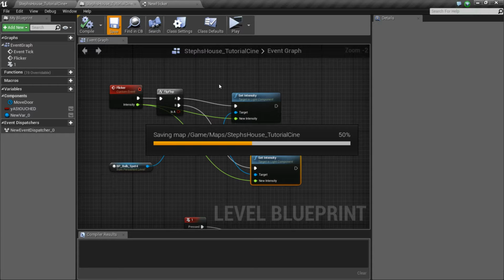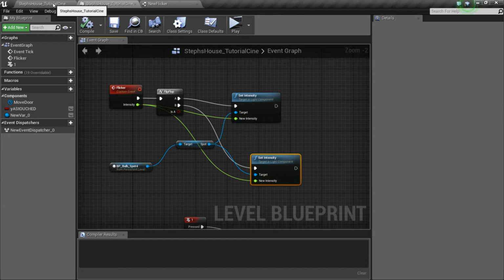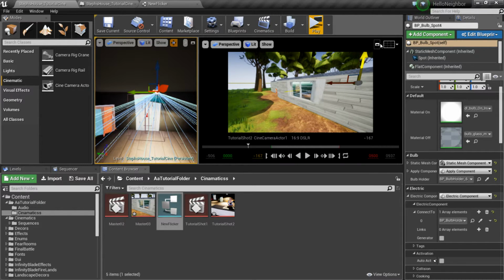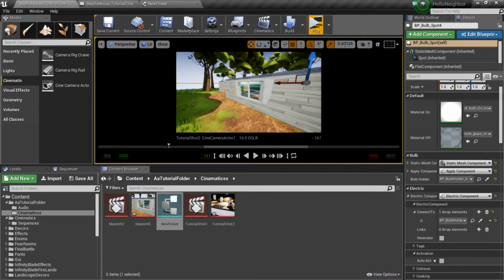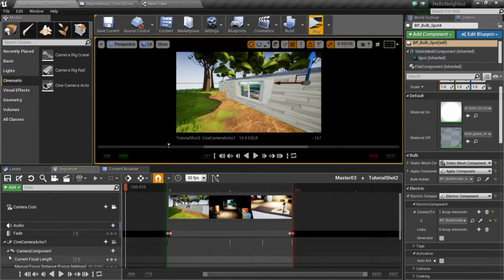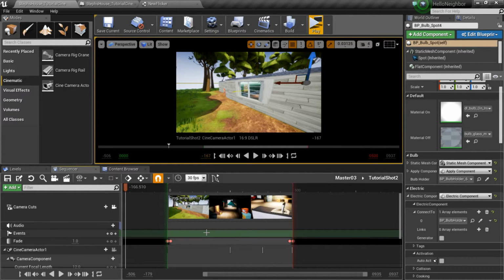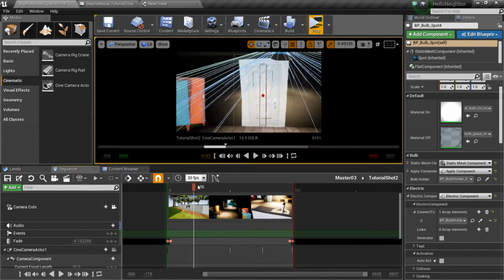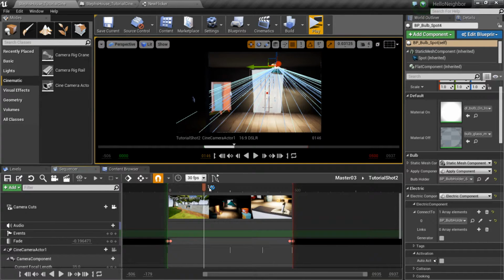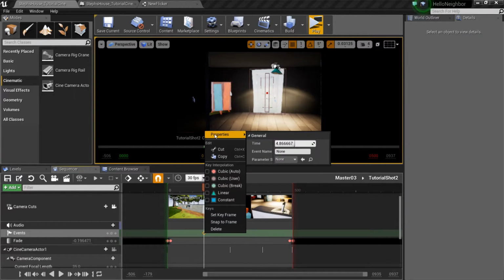It's probably simpler to do it another way, but if you're going to be doing a really modular kind of way, I do suggest you do the flip-flop. Alright, so now let's go back over here, expand this one, and let's go back to our sequencer. And inside the sequencer, we are going to hit the add button, add an event track, and let's go to about like here. Okay, and I'm going to add a new event, right click it, properties,